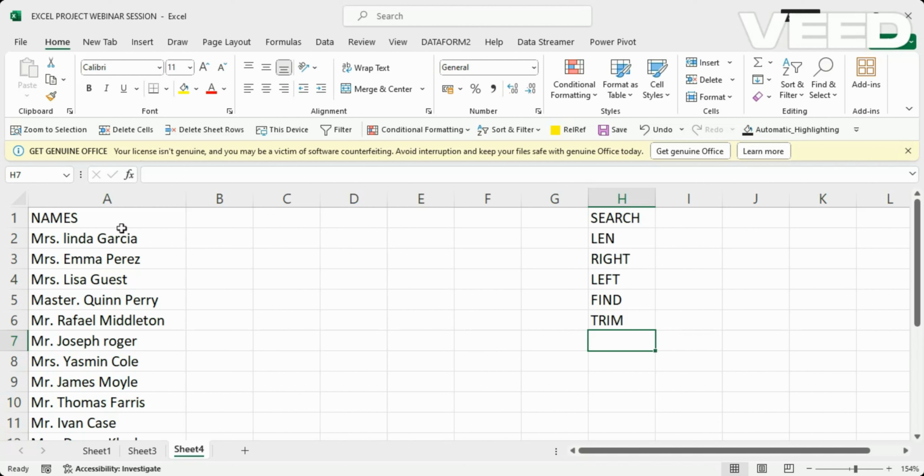For example, assuming these are the names of our customers and we want to extract the title of this particular gender out of these names. How do we go about it? There are several ways we can use. We can use the autofill function or the autofill method rather, where I can just say,